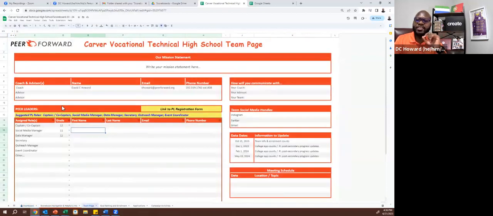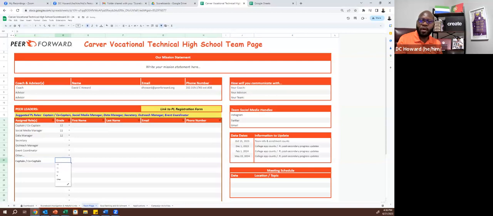So on our team page, you'll have your coach, you'll have your advisors, as well as also you'll have your roles. And as we talked about earlier in the actual sessions of the workshop, you have our various roles that are listed here. We kindly ask that you just utilize these roles in this particular assign role section. So therefore you would type, for instance, co-captain. You see it actually came up there, and that you type it there, that you're able to then put your